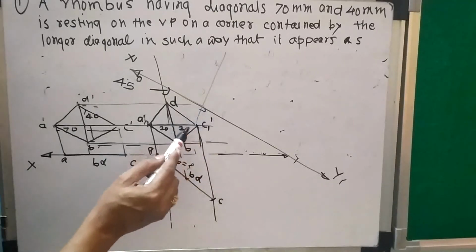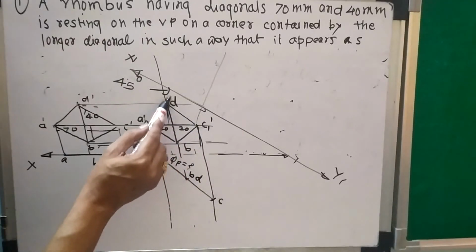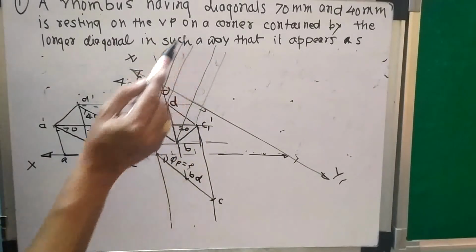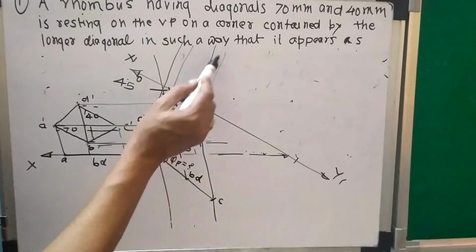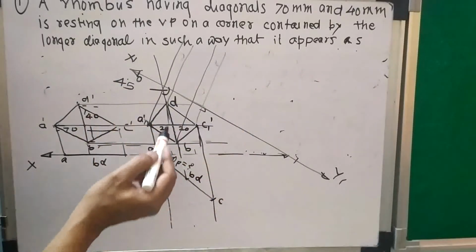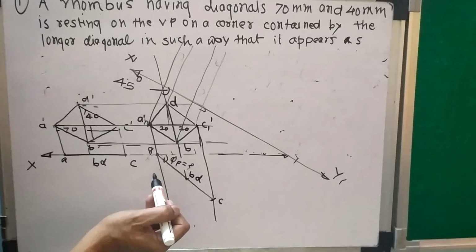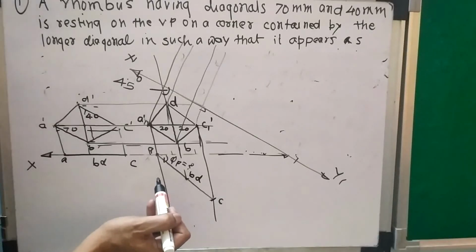And then on this XY line I will drop perpendiculars. So every line from this point should be perpendicular to XY. So I will drop perpendiculars. So I have projected all the points on this XY. Now take the distances of this point from its previous view. This is our standard procedure for the auxiliary plane.